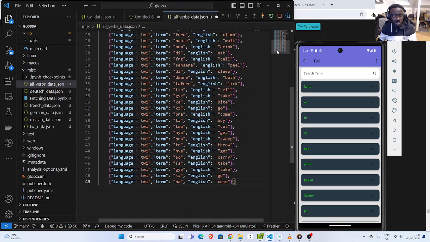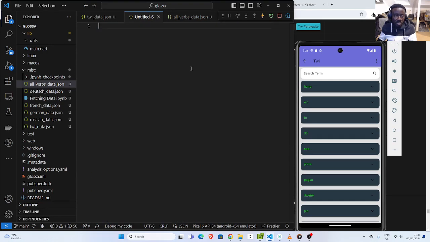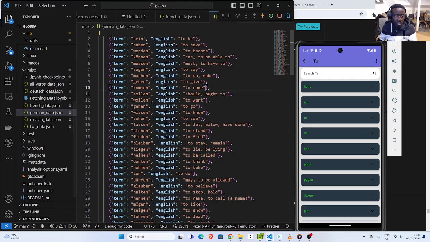Perfect. So we have the verbs here. We have the original language, and then the term. So this is off, let me take off this. I'll close the tree. I'll do the same thing for the German. So I'll copy the German,